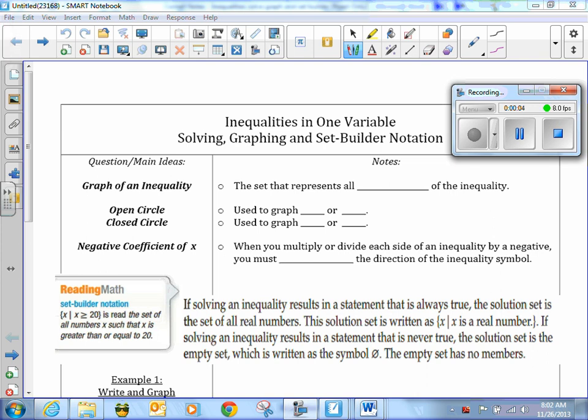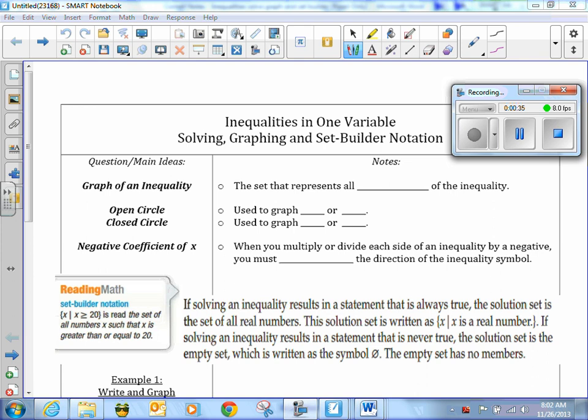Okay, today what we want to talk about is solving inequalities, graphing, and set builder notation. You should already have previous knowledge on most of this. The only thing that we're really going to need to emphasize is set builder notation. There are a couple of different types of notation that we're going to be dealing with in this unit. We're into Unit 5 now, so let's make sure that we understand what we're doing at the beginning with